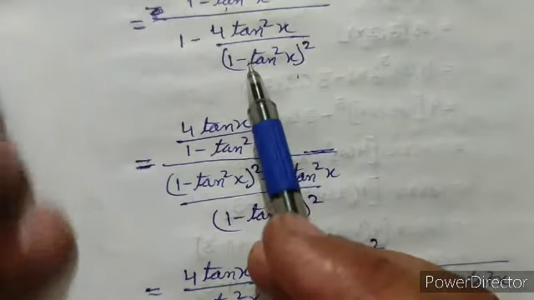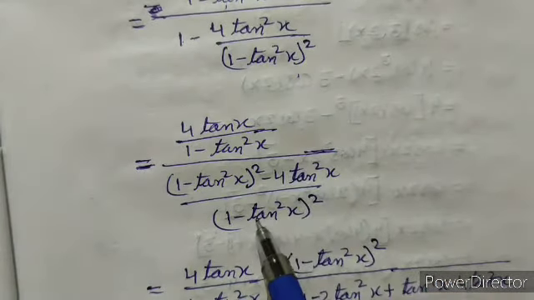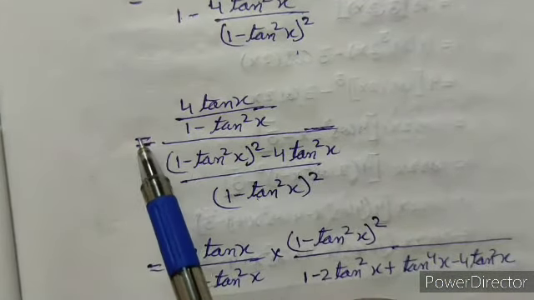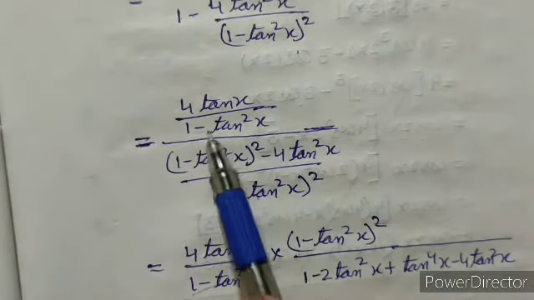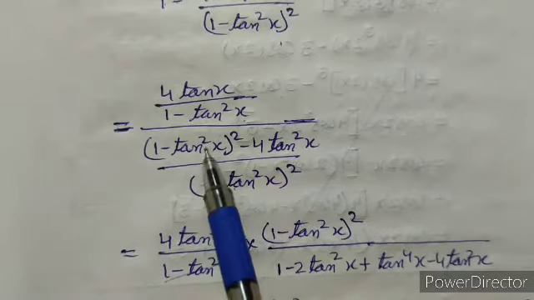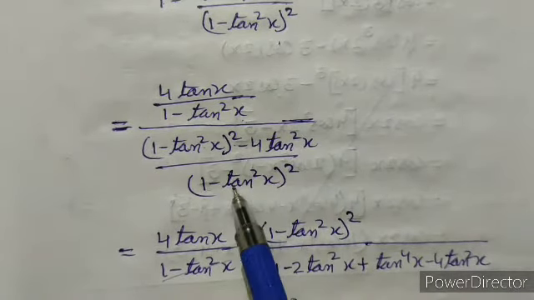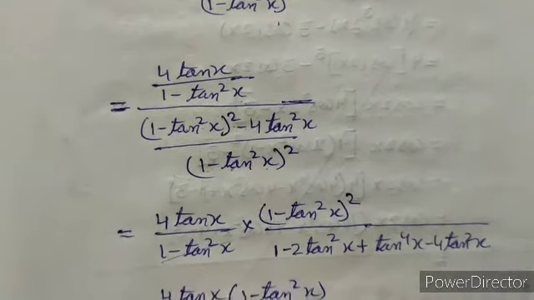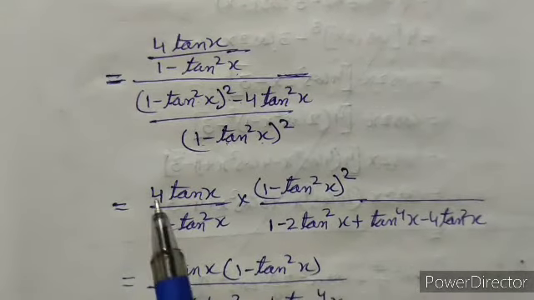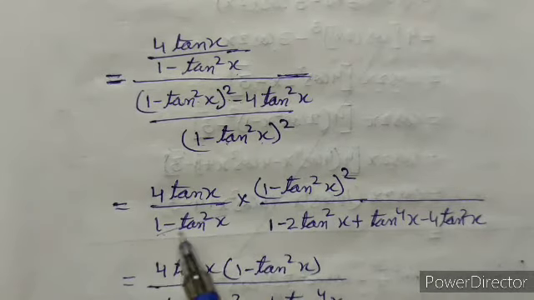Now on taking (1 minus tan square x) whole square LCM in the denominator, we are getting 4 tan x upon (1 minus tan square x) whole upon (1 minus tan square x) whole square minus 4 tan square x upon (1 minus tan square x) whole square, which will be equal to 4 tan x upon (1 minus tan square x)